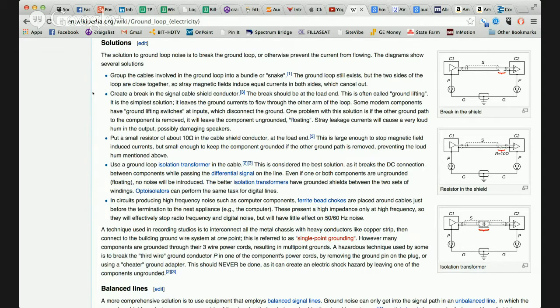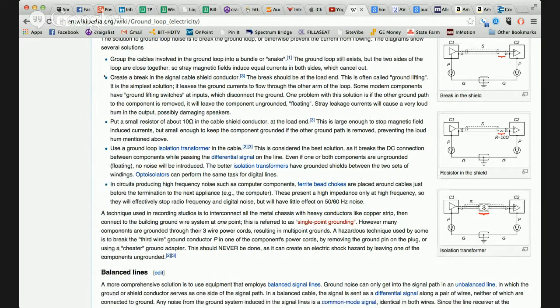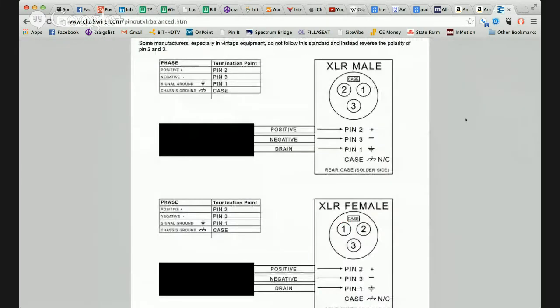So the second one here, create a break in the signal cable shield conductor. And I want to bring up this graphic, and let's make sure that that's actually getting through. Okay, good, it is. So this is basically what we call a pinout diagram for how balanced XLR cables are terminated. Okay, this is the XLR connector that you guys are all so familiar with, the 3 pins, and this will tell you where the cables